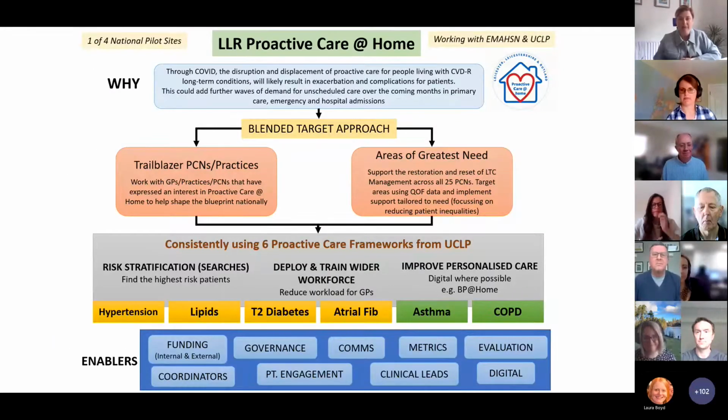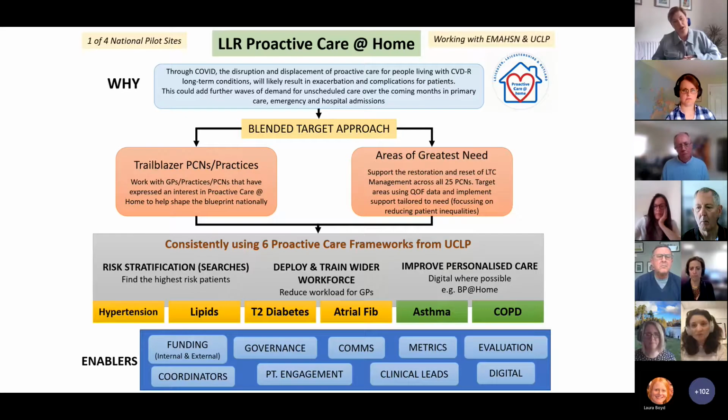Thank you. So where do we start? Right. For us in LLR, like a lot of systems, we had a lot of energy behind long-term conditions. We always had programmes looking at improvement areas and long-term conditions, and a really strong emphasis on risk stratification. So our practices were quite used to having some energy behind risk stratifying and needs-based profiling and so forth. So when our PCNs were initially approached to look at proactive care at home